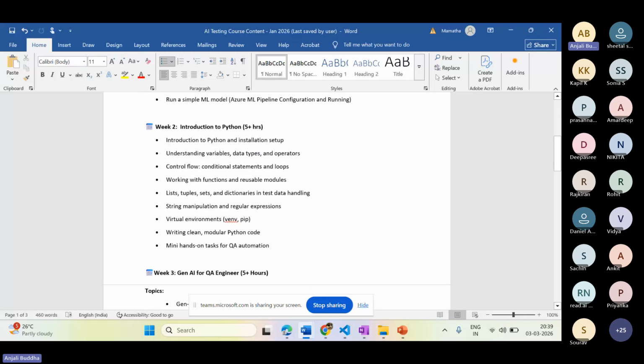As we already discussed, we are going to learn the AI concepts along with the testing framework. To give the base for that, I'm choosing Python as the coding language. So we are going to discuss the basics of Python. If any one of you is new to this session, starting from the installation steps, we are going to learn the basics until you can write a simple script or simple code using Python.